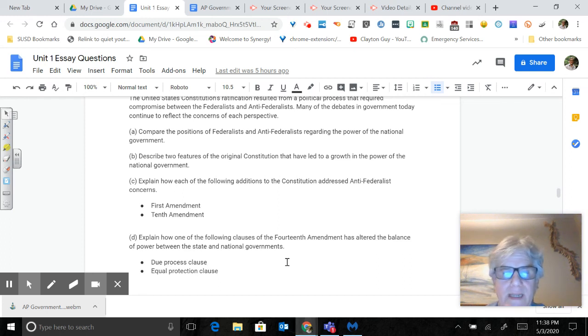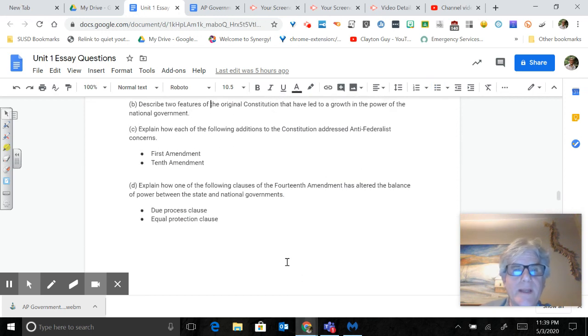So the states could not take away people's property, people's life without due process. Every person had equal protection. They had to be treated equally as other whites. So blacks, gays, all different races, women have this equal protection of the law. And both of these gave the power to the national government over the state governments. So those are the different